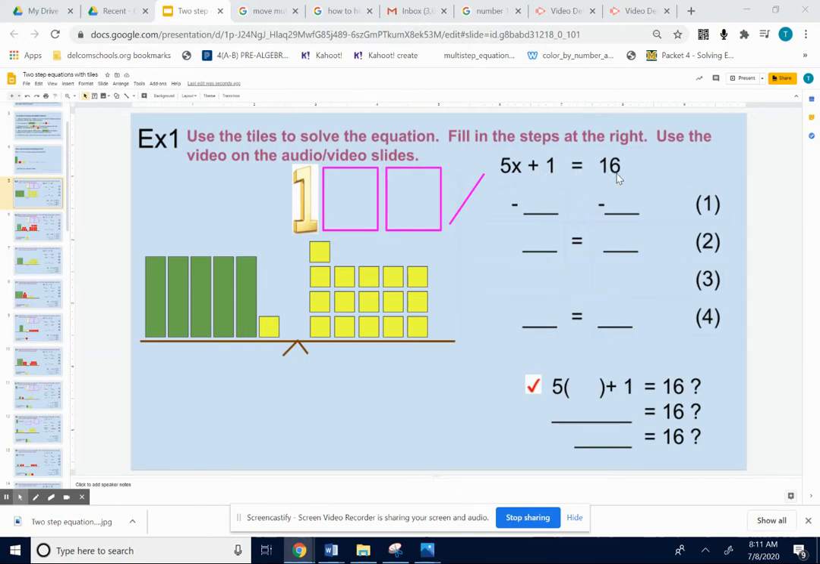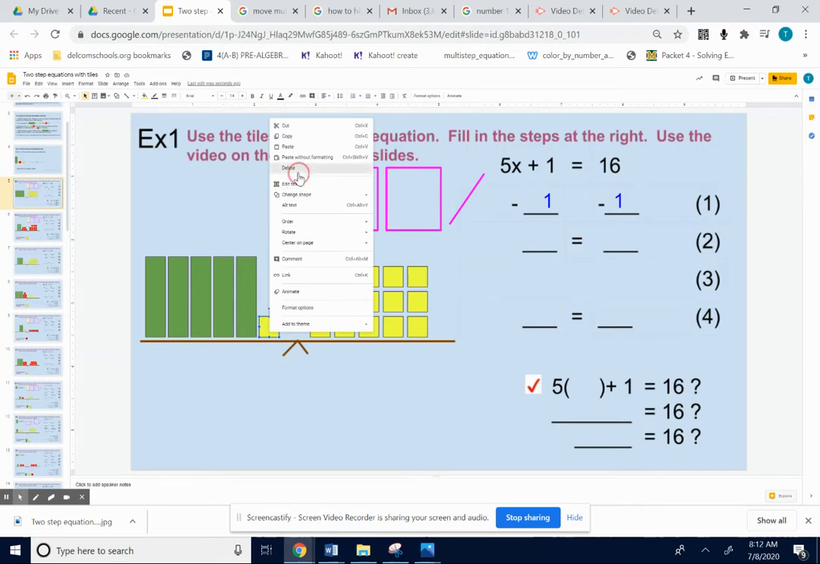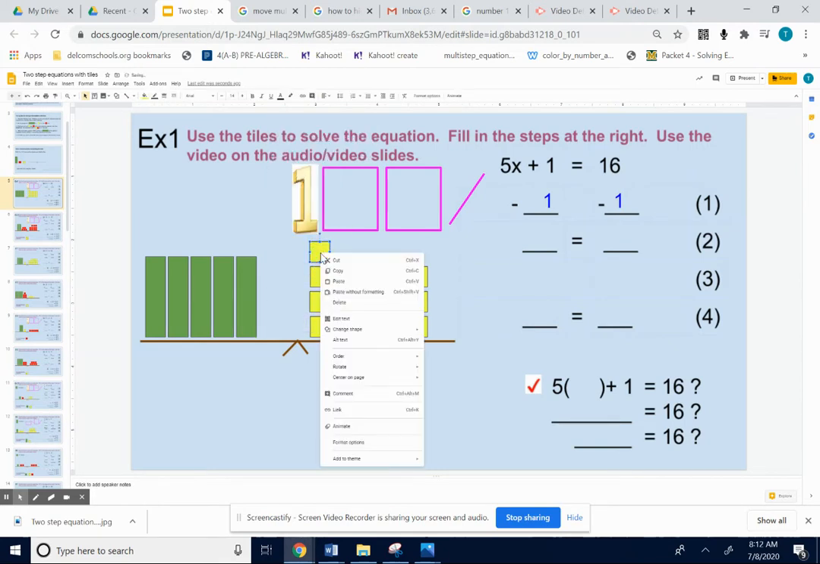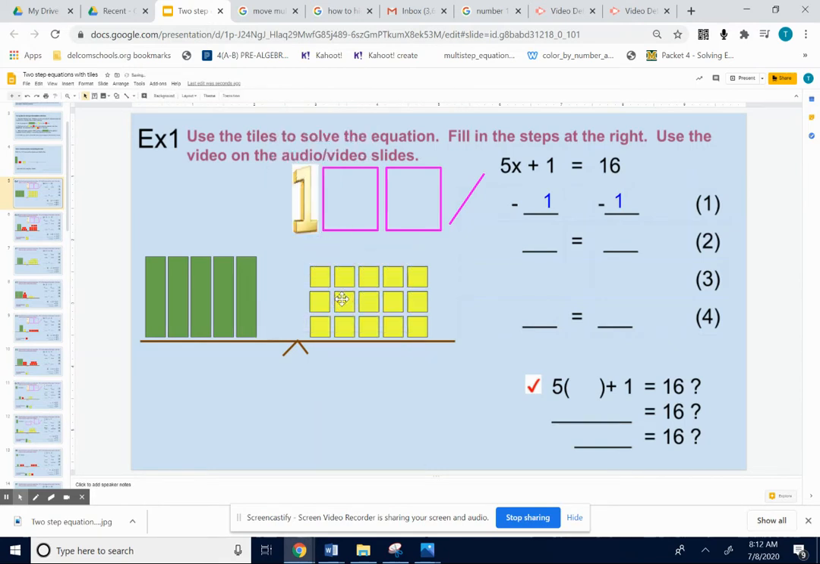Okay, my goal is to get rid of the added or subtracted number first. Okay, 1 is being added. So to get rid of an added 1, I'm going to subtract 1 from the left, subtract 1 from the right. Okay, and then I'll keep going back to the visual. So when I take 1 away from the left and the right, okay, you can tell we have 5x equals